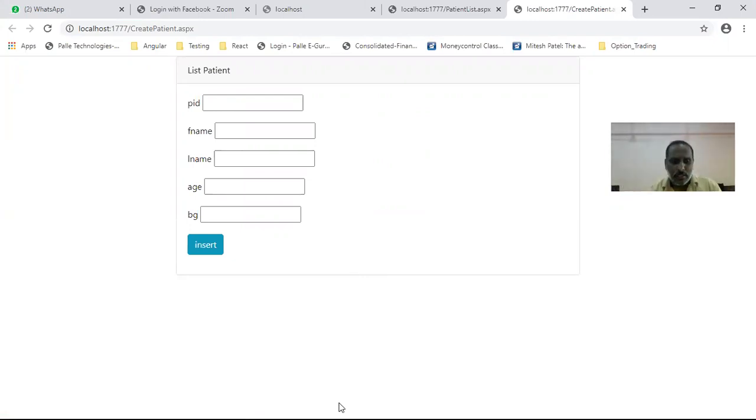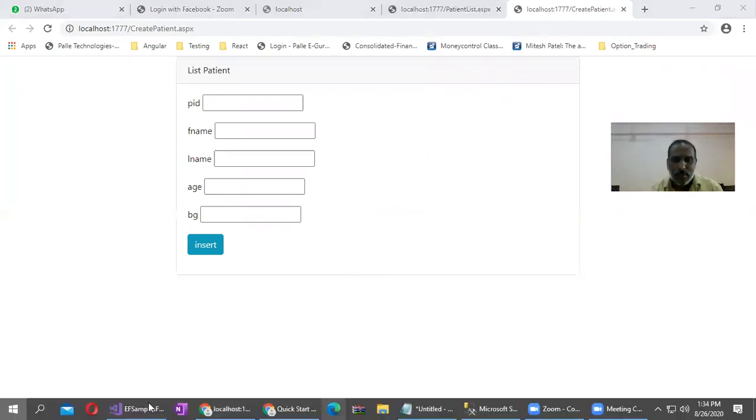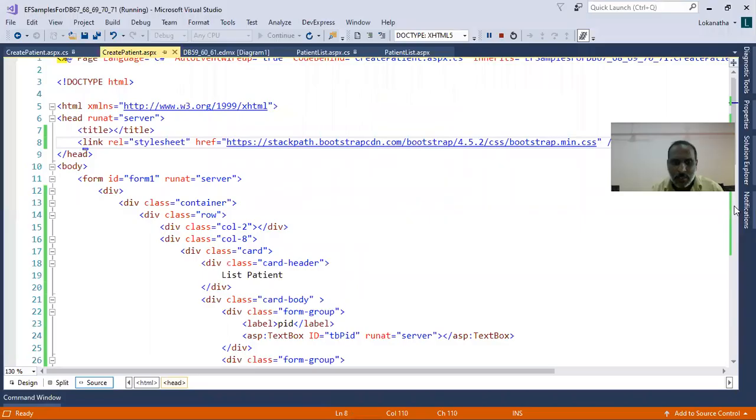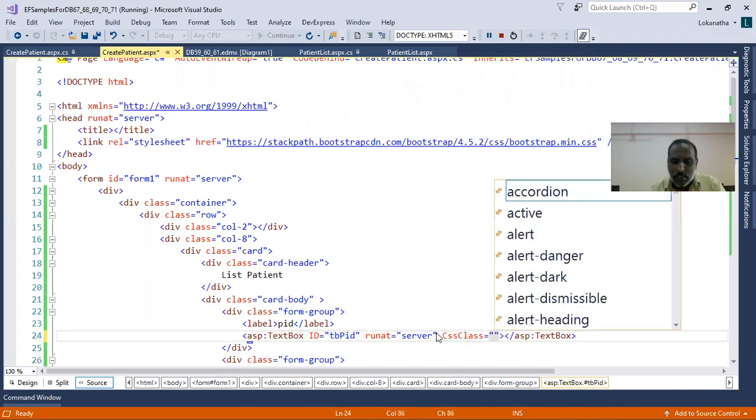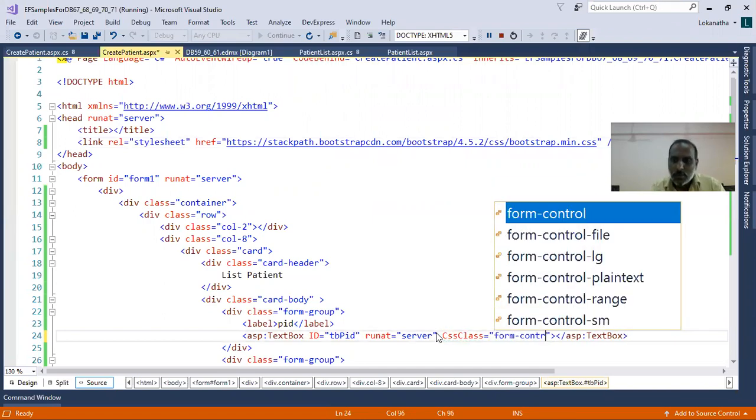But anyhow, the controls are not coming so properly, so there is a problem here. I'll make small changes to my code again. Whenever I am creating a control, it is recommended to use the CSS class, the form-control class. It will give you good looking controls.